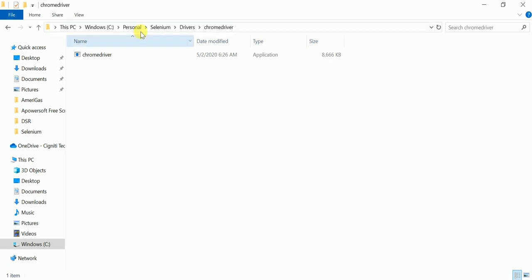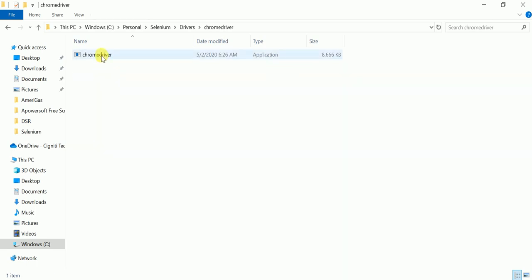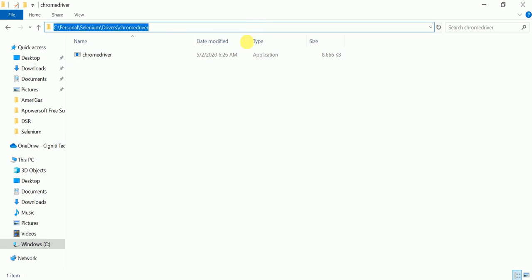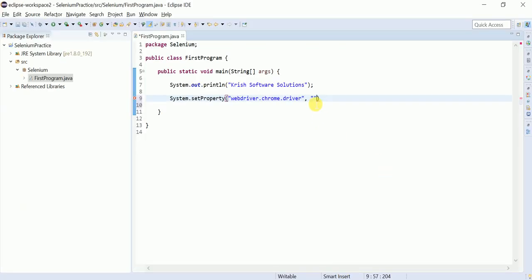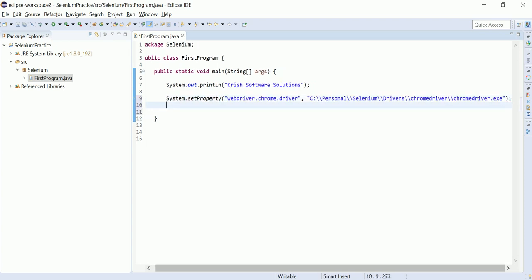We have downloaded the drivers, I showed you how. You need to extract this, and you are going to get a chromedriver.exe. So we need to give this path here, and chromedriver.exe.